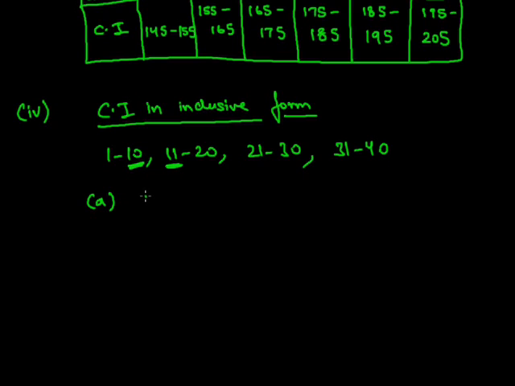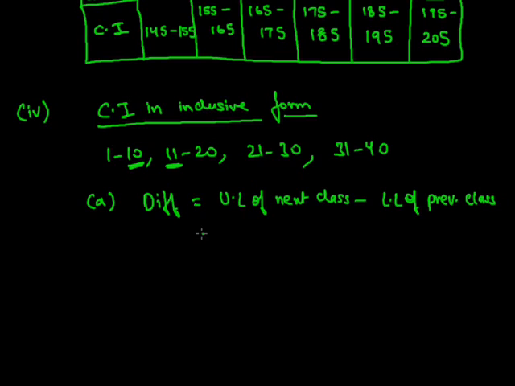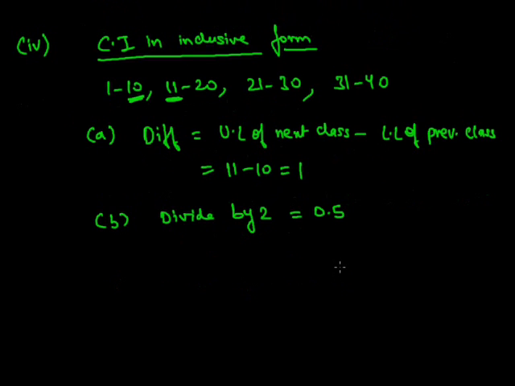So the difference we need to find is the lower limit of the next class minus the upper limit of the previous class. That will be equal to 11 minus 10, that is 1. So this is the difference. Now we need to divide this result by 2. So we'll get 1 by 2, or 0.5. And now the third step will be,